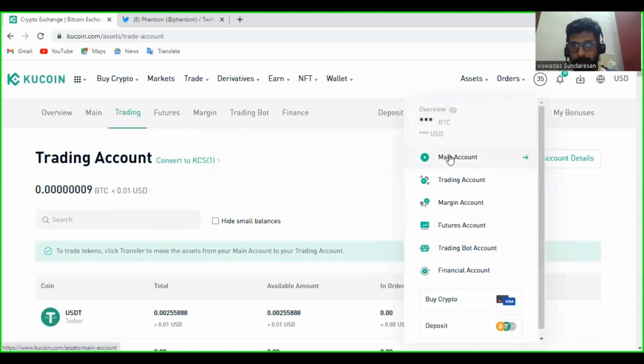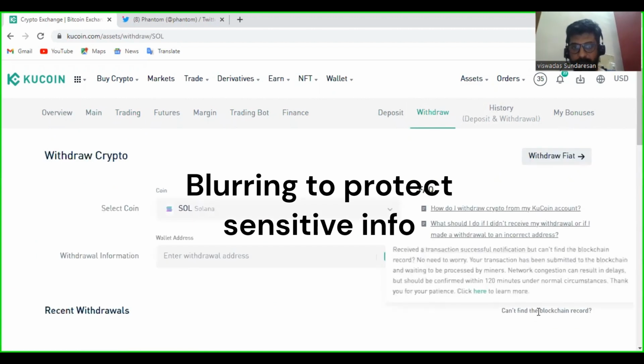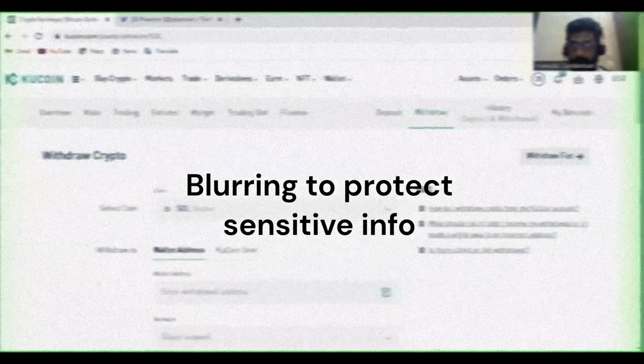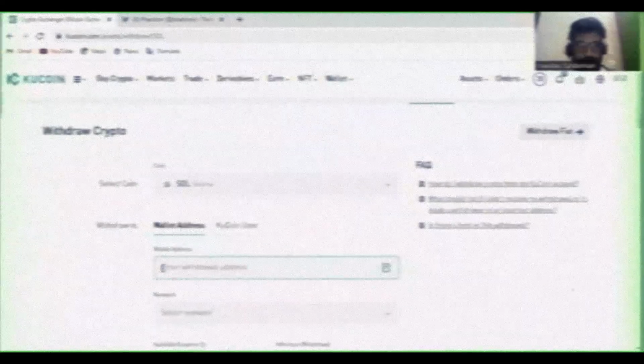Now we'll come back to main account. I have about 1 Sol worth of tokens. So now I will be withdrawing to my Phantom wallet, which is saved in the Brave browser. Remember, I already have my wallet, so I'll be transferring it to my Phantom wallet. I have already transferred before, so there is a transaction history on recent withdrawals. So this is my public address, 5LORK and 66BBW. I will be copying my wallet address and pasting it here